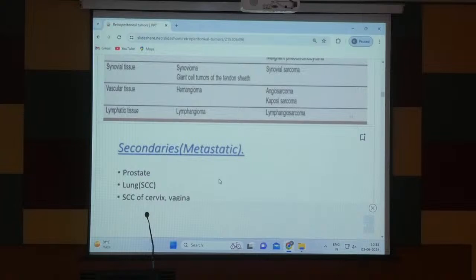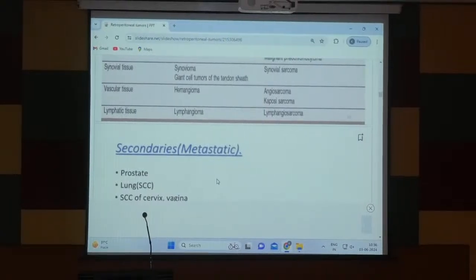ভ্যাসকুলার টিস্যু থেকে অ্যারাইজ করলে হিম্যানজিওমা, অ্যাঞ্জিওসার্কোমা। কাপোসিস সার্কোমাটা তোমাকে বললাম না, কাপোসিস সার্কোমাতেও অনেকগুলো ছোট ছোট স্পটস ডেভেলপ করে যায়, and then when you examine it further properly, you find that there are retroperitoneal masses. এটা কিন্তু একদম কমে গেছে।